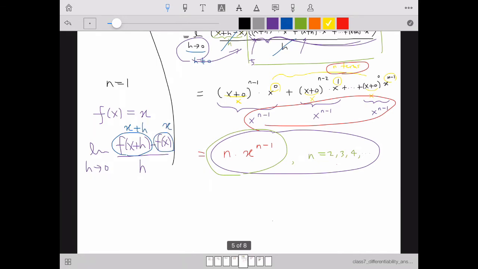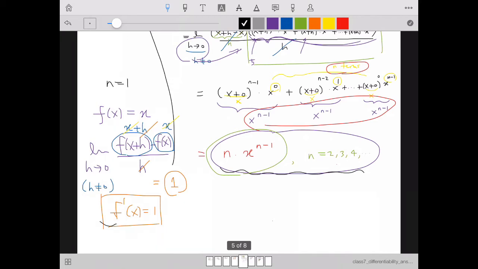So when we subtract, x disappears, and since h is not 0, we can divide top and bottom. So we get 1. Hence f prime of x is 1 for all x. So when we combine